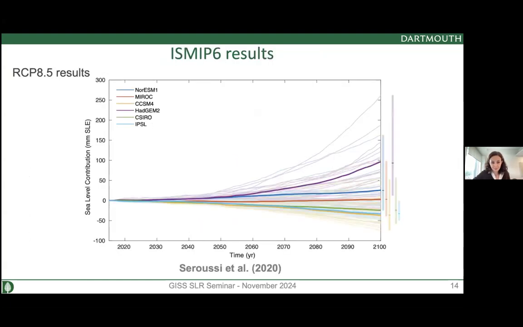So if we do that, here are some main results. We see, using forcing from 6 different climate models, all using high emission scenarios, the evolution of the ice in terms of sea level equivalent in millimeters for all the ice models I just talked about. And so the thin lines show individual simulations for one ice model and one climate model, and then the thick lines show the average for each of the climate models.